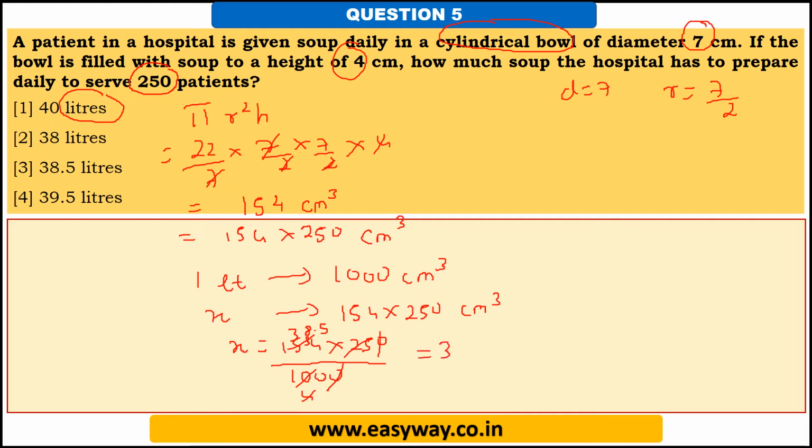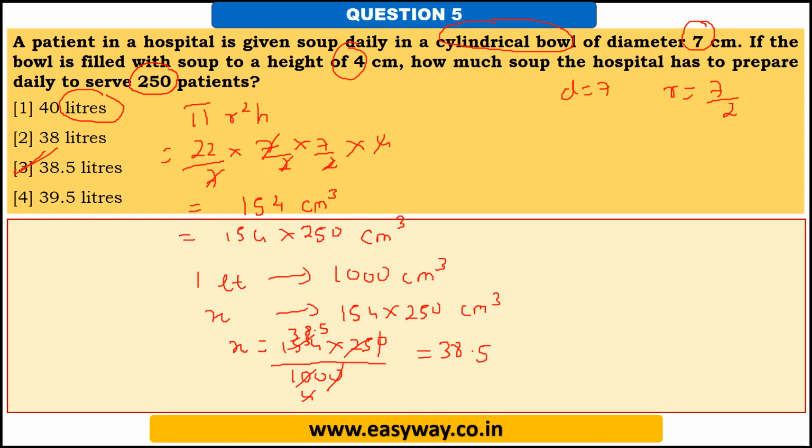So the answer here is 38.5 liters. So option number 3 is the correct answer. In this question, we have found out the amount of soup given to one patient, that is pi r square h. The volume of a cylindrical bowl is pi r square h, so that is 22 by 7, and your diameter is